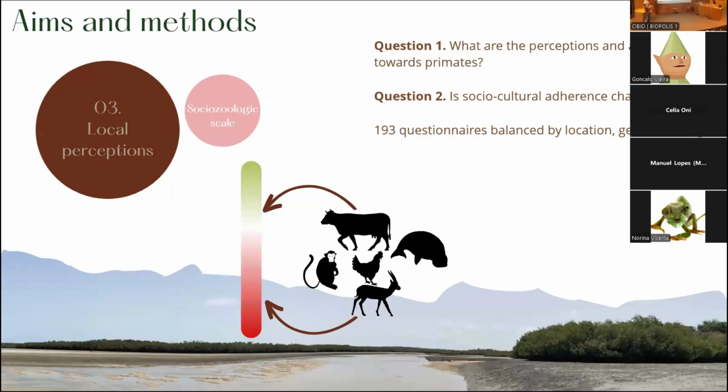So now, I talked about the human dimensions, right? And why is it important already? Because conservation cannot really sustain itself long-term without taking special care of how people see conservation, how people see the animal, right?